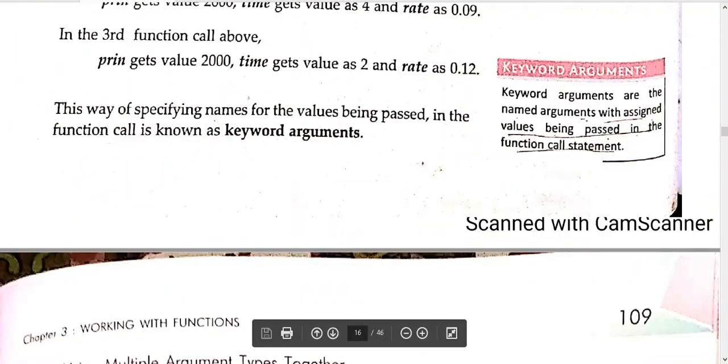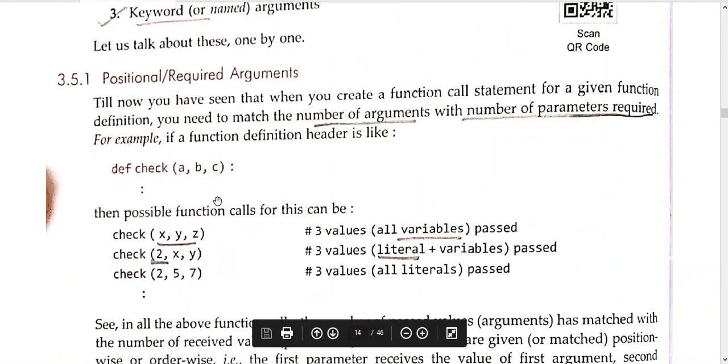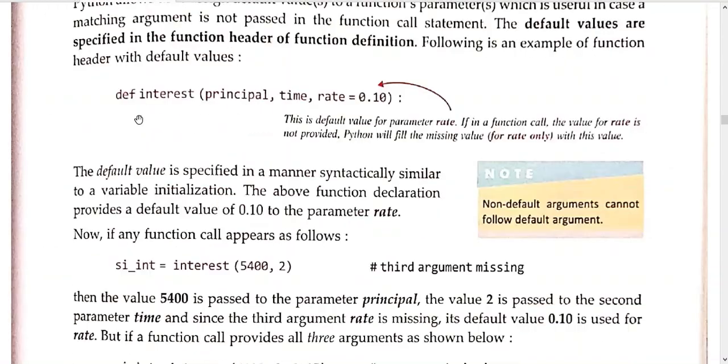See, this is in correspondence to this definition. So principal, what he has written, 5000, time is equal to 2, rate he has not mentioned, so 5000 will go in principal, time is equal to 2 he has assigned, so time will be replaced by 2, and rate he has not passed, so rate will be 0.10.